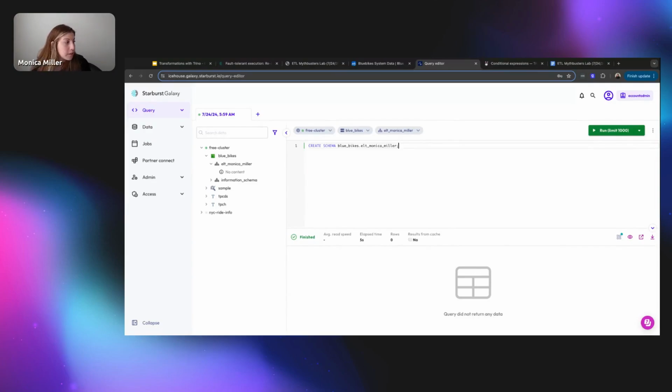So the first thing we're going to do is create that ingest table in our bronze layer, where we're going to temporarily house that raw data coming in from the Blue Bike system. We're going to pull in a specific CSV file, and that means we have to make all of our data types varchar. This works well for us because we're going to be doing SQL transformations throughout the